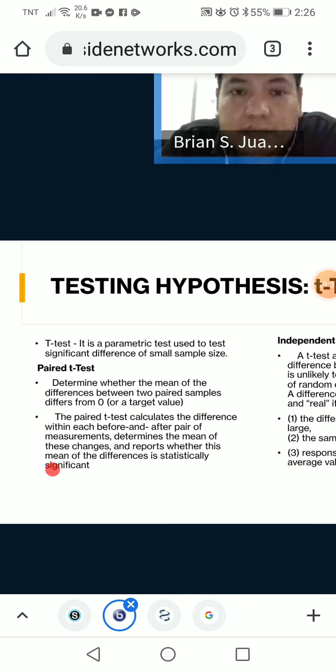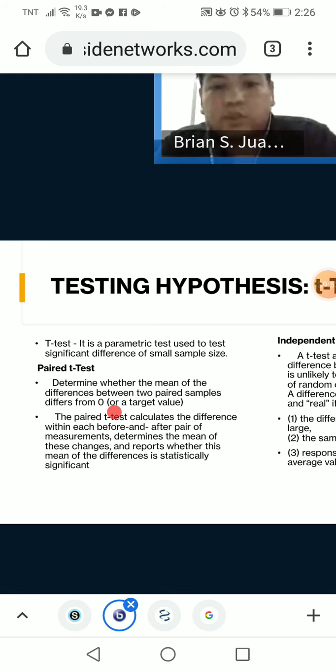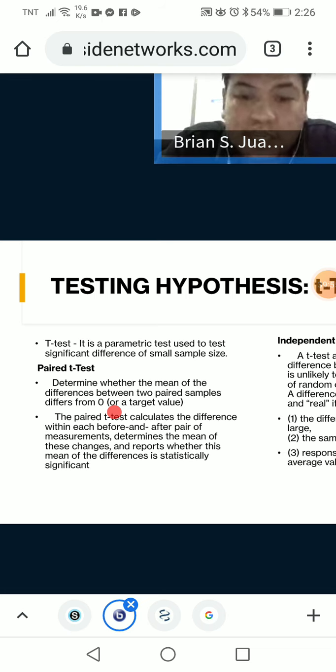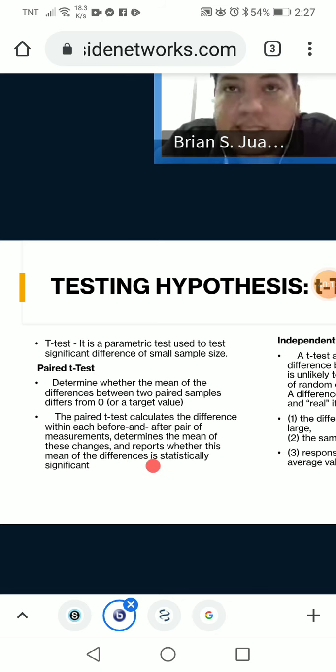Now, we have two types of t-tests: the paired t-test and the independent t-test. The paired t-test, also known as the dependent t-test, determines whether the differences between the two samples differ from 0 or a target value. The paired t-test calculates the differences within each before and after pair of measurements, determines the mean of the changes, and reports whether this mean of the differences is statistically